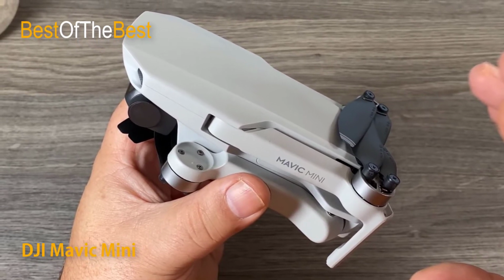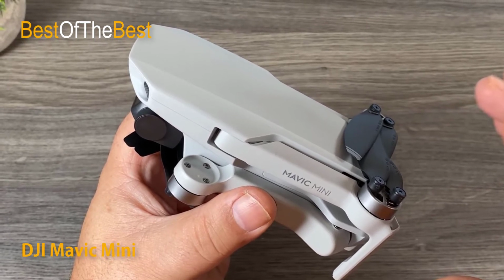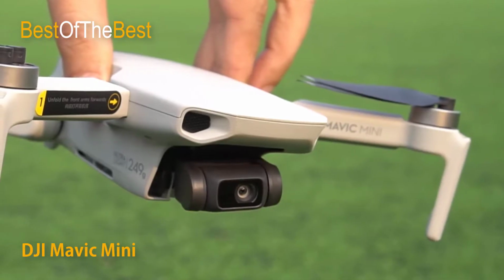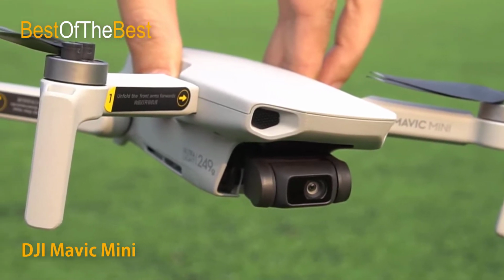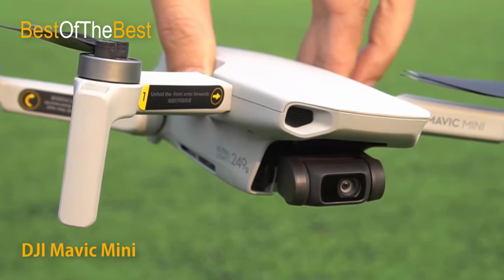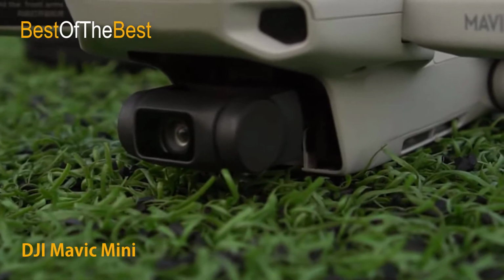Weighing under 250 grams, Mavic Mini is almost as light as the average smartphone. This makes it exceptionally portable and places it in the lowest and safest weight class of drones, which in many countries may exempt it from certain regulations. For example, in the United States and Canada, you can fly Mavic Mini without the need to register your drone